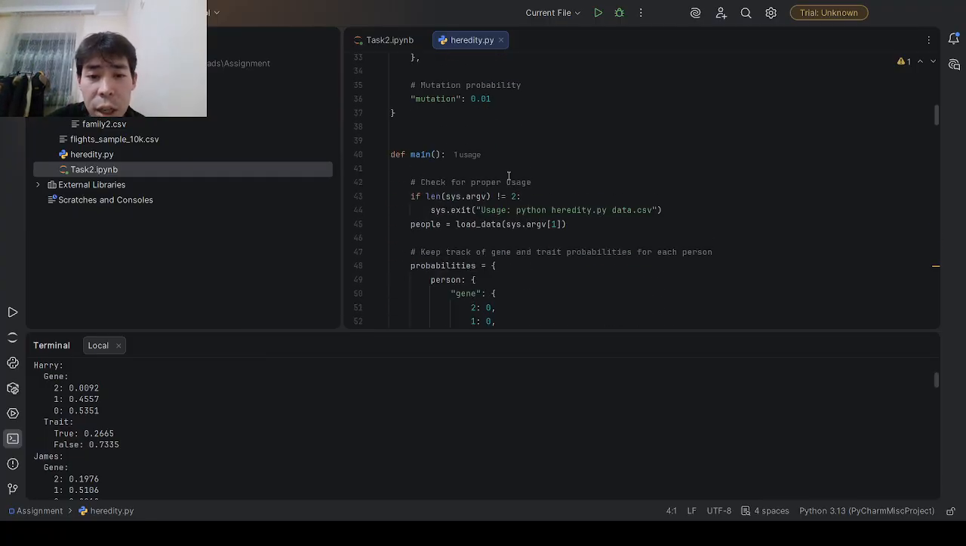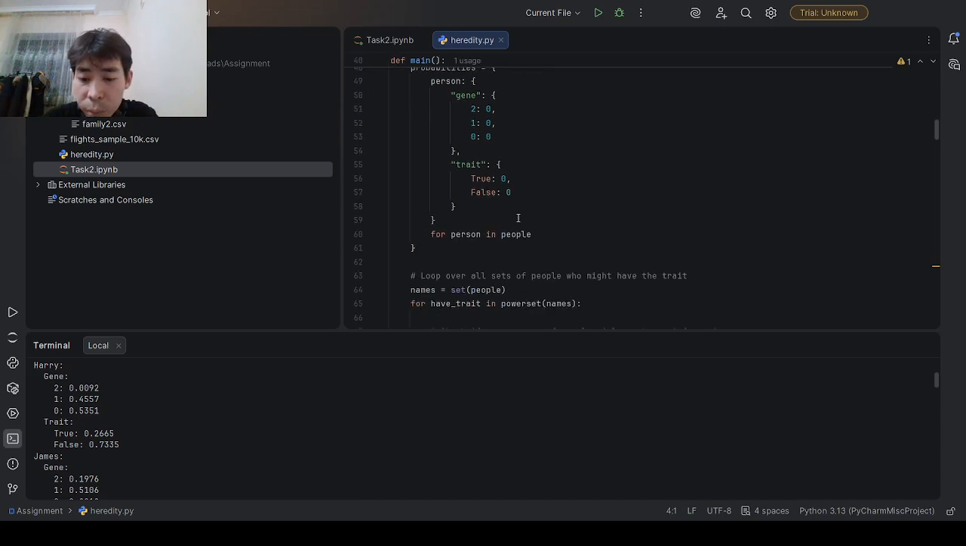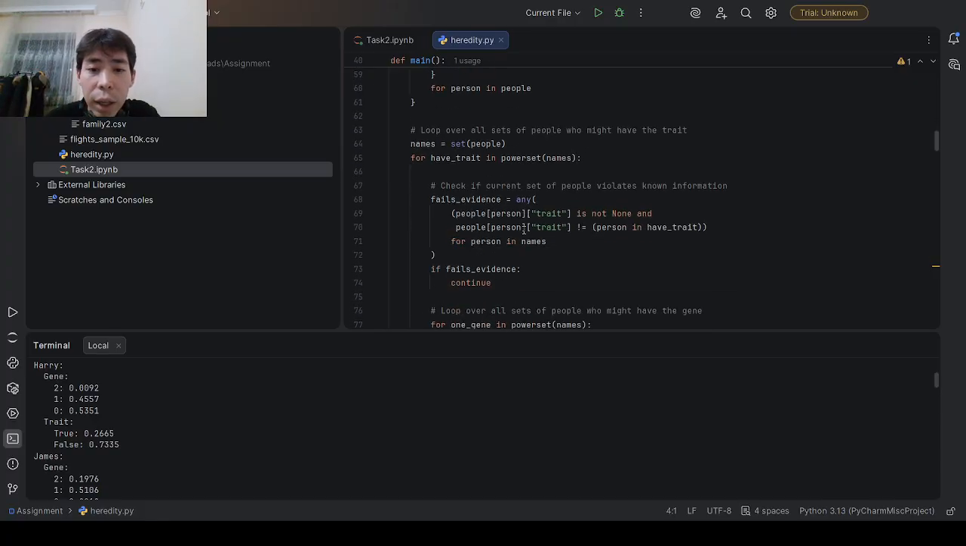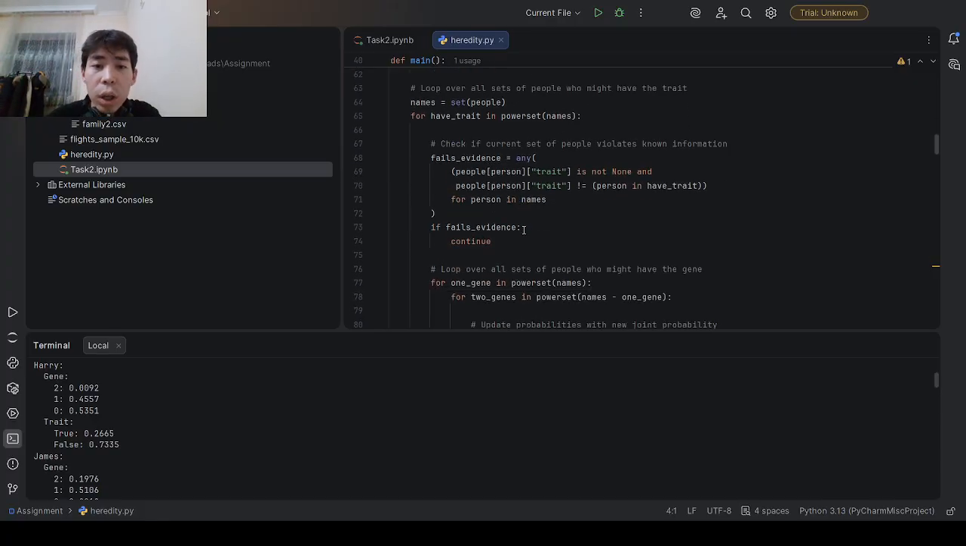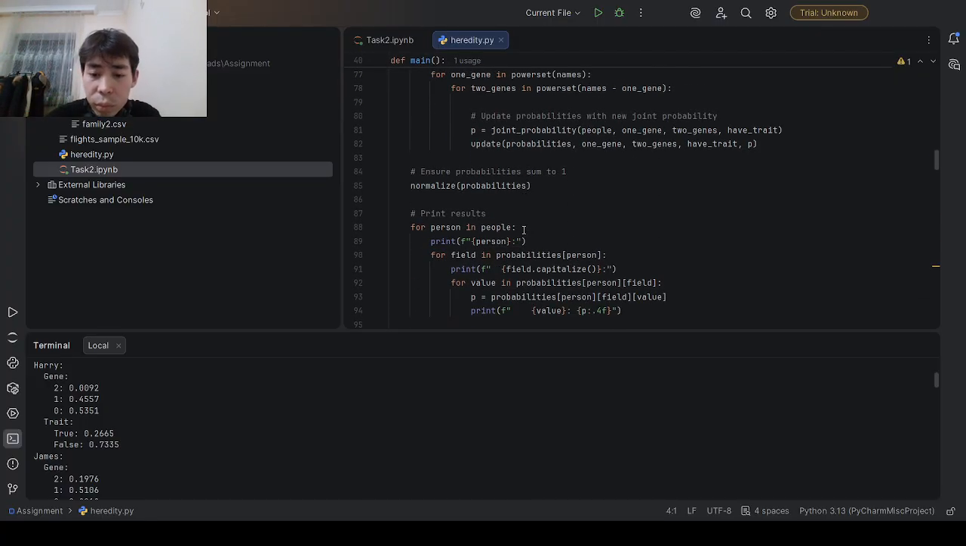Our program starts with function main. We first load family data from our CSV file using the load_data function, and this function reads the person's name, his parents, and the trait information. If the trait is unknown, the value is None. After loading the data, the program creates a dictionary called probabilities,